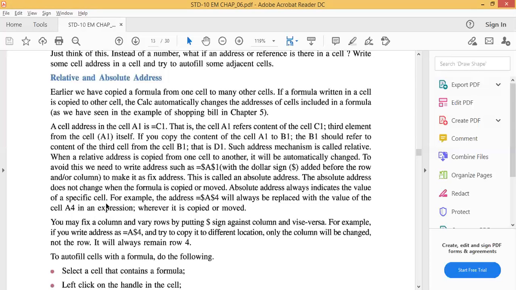Now I will show. This is the example of relative cell address. Now I will show you absolute cell address. Now how can we write absolute cell address?